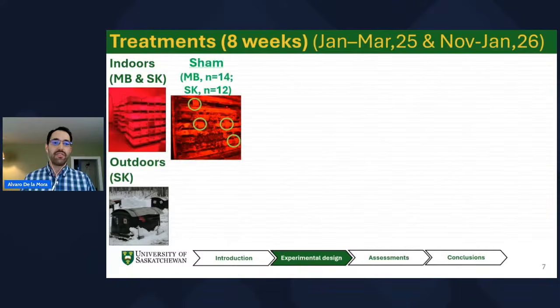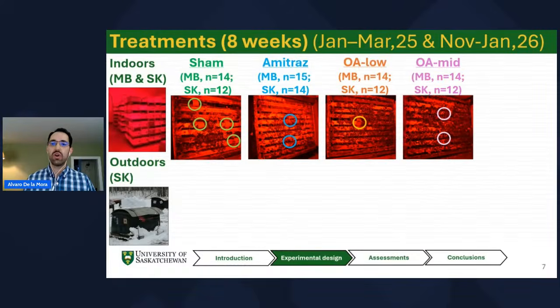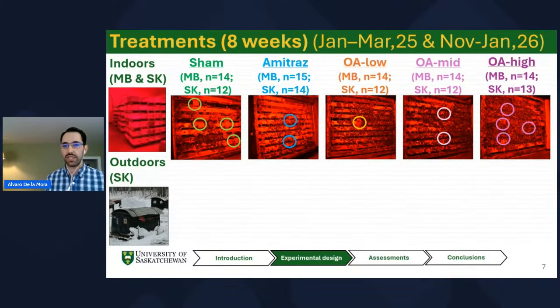For the first year, the colonies that were kept indoors, we had 4 treatments. So we had sham, which was a negative control, the strips without any chemical on them. We had amitraz as a positive control, and 3 different doses of the oxalic-acid glycerin strips. The recommended dose for a single brood chamber is applying up to 4 strips. So that was our highest dose. Then half of that was the medium dose, and a quarter of the high dose was only 1 strip,